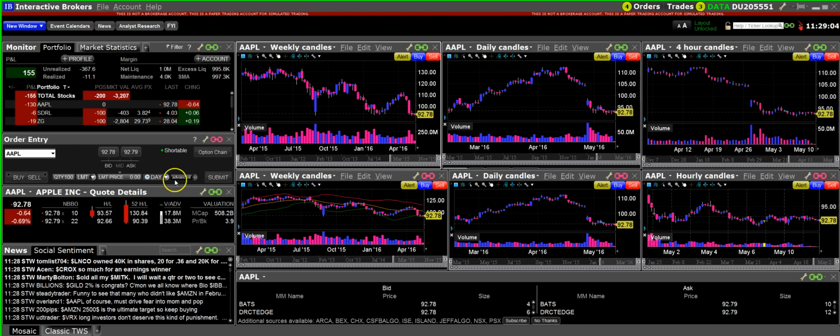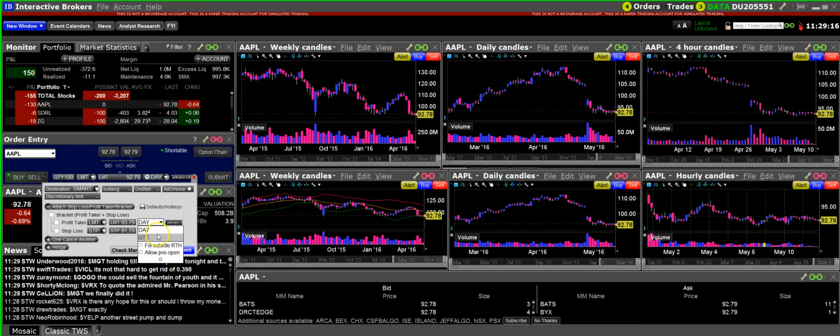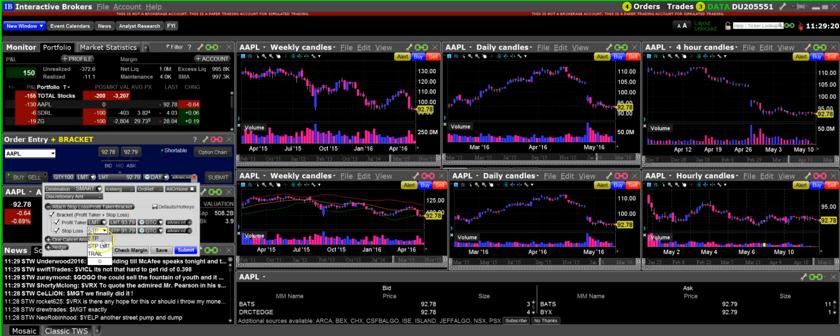The last thing I was going to show you guys, which I got distracted from, is to just be careful whenever you place an order. Make sure that if you intend for your stop loss to be good till cancel, you scroll down and click good till cancel, with your stop loss, your stop limit,